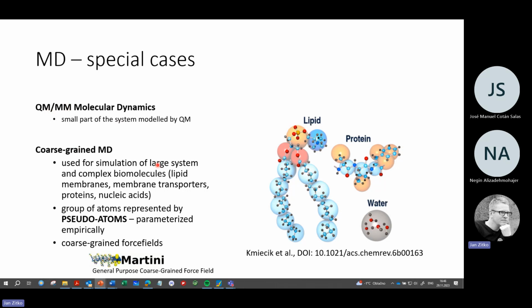Another approach to speed processes up is to use so-called coarse-grained force fields, which then give rise to coarse-grained molecular dynamics. The most known example of a coarse-grained force field is the Martini coarse-grained force field. How does it go? Basically, the idea is that you are using particles which are more coarse-grained, so bigger than the normal atoms. So for example,